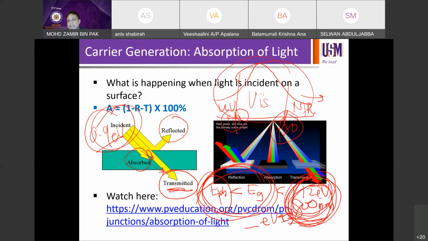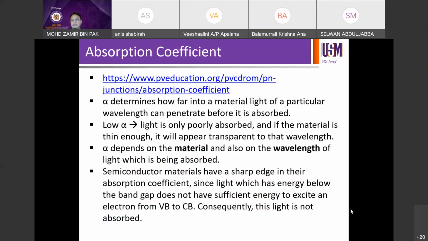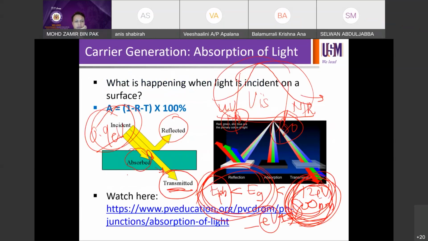Okay, and the E there is the photon energy in electron volts. Then you can convert back and forth from lambda to eV, or eV to lambda, accordingly. Just rearrange the equation, simple. Okay, so next, when you have light absorption, when you narrow down into this,